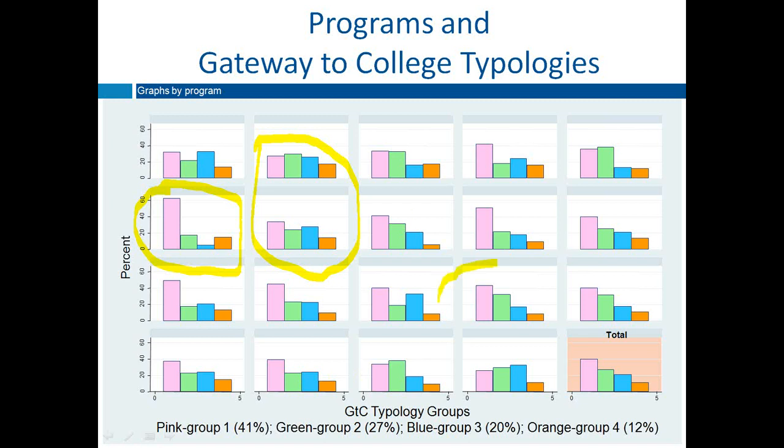And then we have some other groups that really mimic the national network. This one here. And we have a couple of groups where that group 4 is bigger. So it's coming close to 20% in both of these schools. So while nationally we don't see a lot of group 4, it may be the case that in a particular program we are seeing more group 4s, and that would have to do with how students are being referred and school districts and things like that.